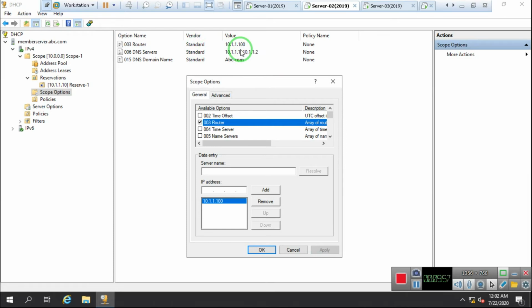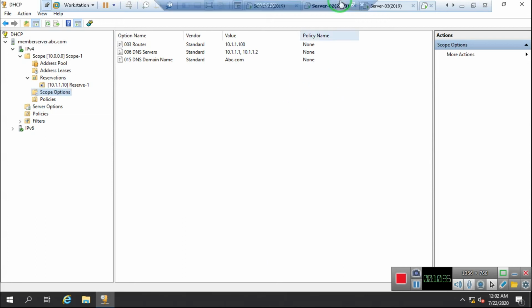So once this DHCP server provides IP addresses to the clients through this scope, what happens? It gives the router IP address also to all the clients. Like if you have name servers, time servers, or DNS servers, we have two DNS server IP addresses also. Imagine right now I have three DNS servers, so I need to add the other DNS servers in this as well. The concept is that after creating the scope, we can also add and configure the scope options. Now click Close. These are the scope options we have.